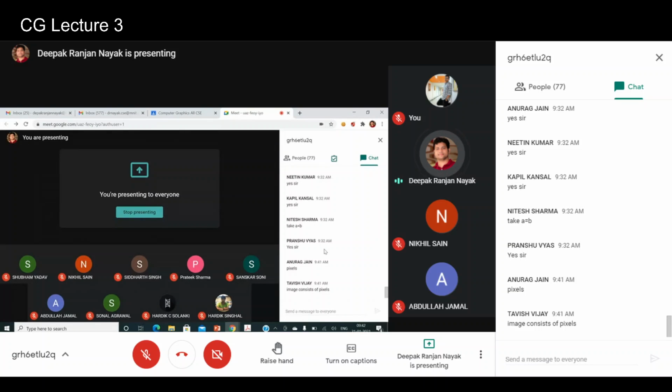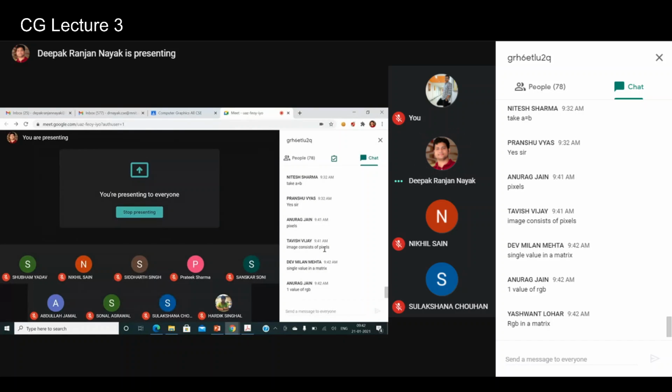Whatever images you capture through your camera, mobile camera, or some other camera, have you ever seen the pixel values? You can see the pixels if the image size is small and you zoom in, and you can see the different pixels and the color values.